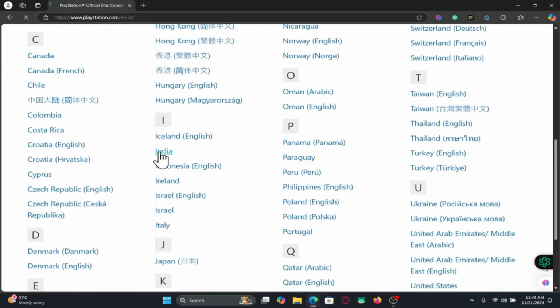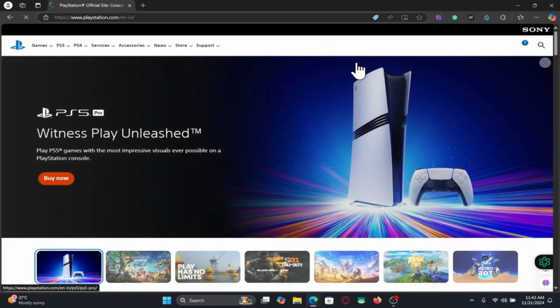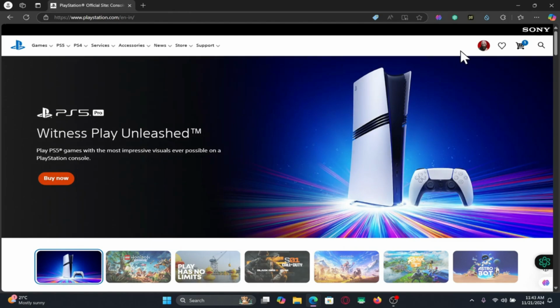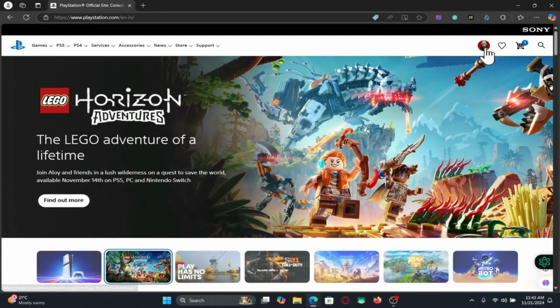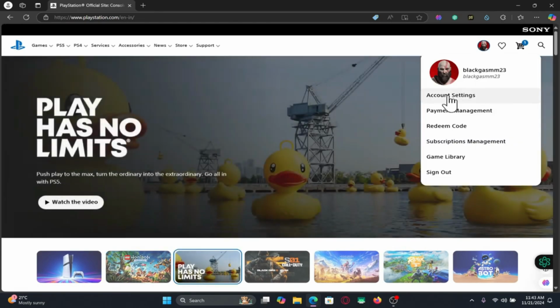Now just choose your country, and if you haven't already logged into your account, click on the sign in button at the top right corner and proceed forward with your credentials. And once you are logged in, you will be taken back into the home page. Now if you wish to change your email address, just click on your account icon and then click on account